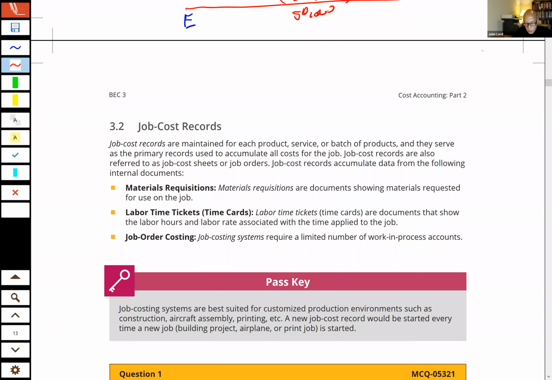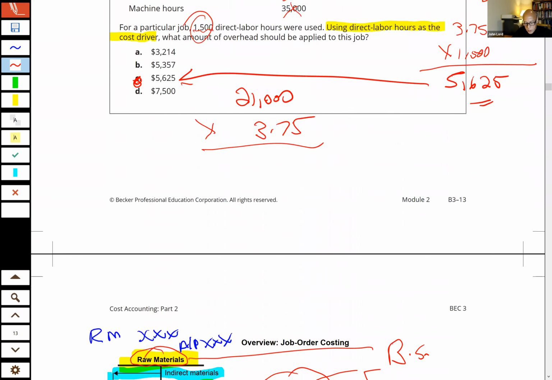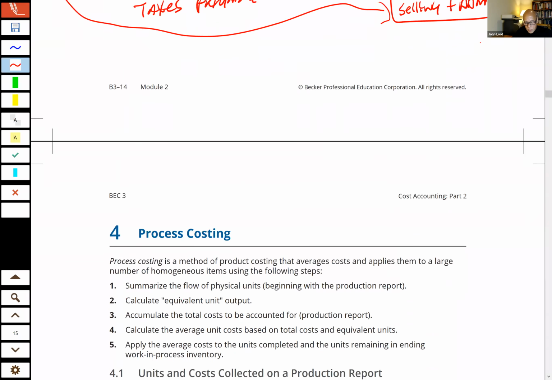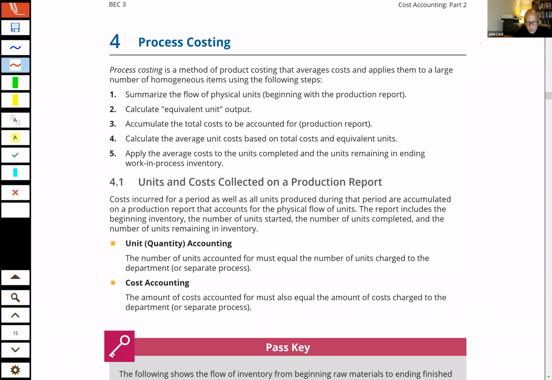All right, good. So we've already looked at question 1 here. We've looked at our diagram already. So let's just come over and let's talk about process costing. Now, process costing is used when you have essentially homogeneous units that you're producing. In other words, every single unit is the same, okay? And so if that's the case, then we're going to use process costing and we'll track our cost by department.